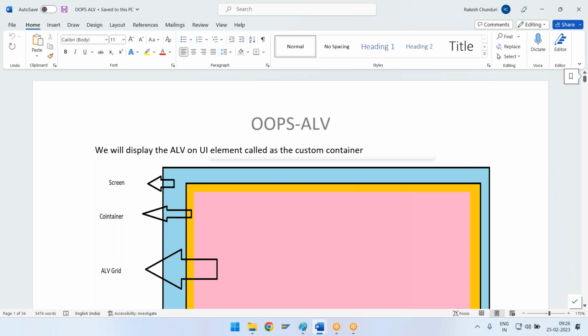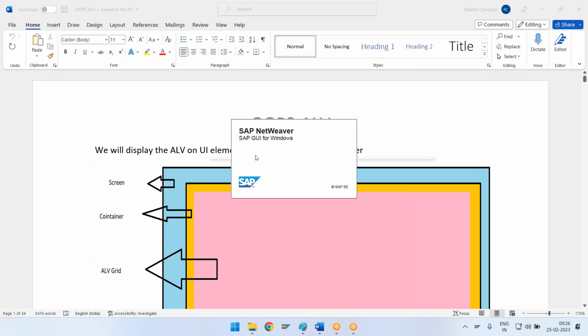One is to design the screen. We have a keyword called call screen. The screen can be designed in two ways. So you will be going to SE51. If I log on to SAP,